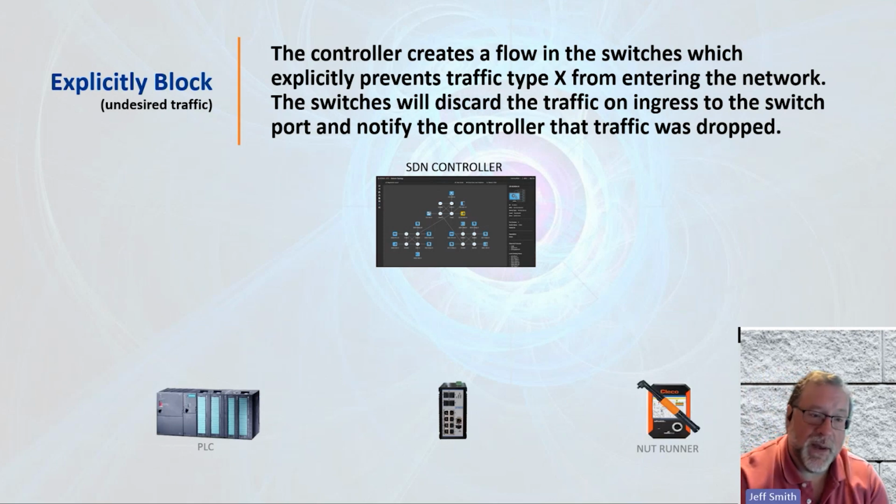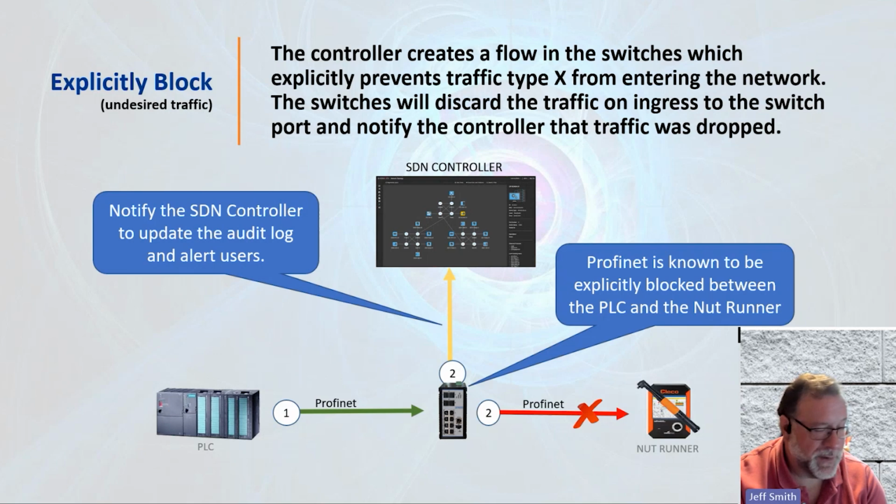Let's say, for example, you have a system that's largely Rockwell based and you're using Ethernet IP. You don't want to allow Profinet on that network. So you can create what's called a block rule or a block policy, and as soon as it sees any Profinet traffic, the switch will discard that traffic on ingress. It will send a notification to the controller, hey, somebody plugged in this device on this port, trying to talk to this device on this port, maybe 5 switches away, over Profinet, and that traffic has been stopped. So you get notification, you get visibility.